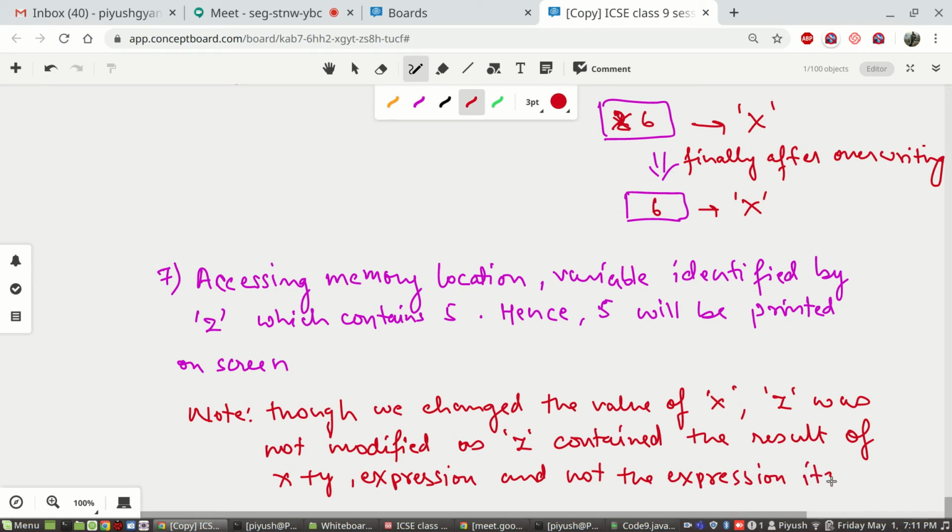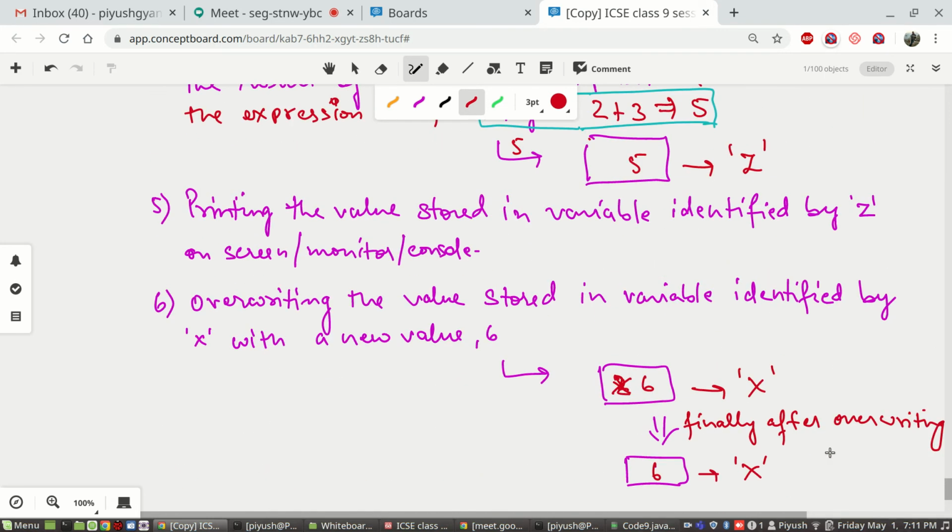Is this clear? Just analyze for 20 seconds and let me know, then we can wrap up for the day. Understood, sir. Sure? Yes, sir. Okay.